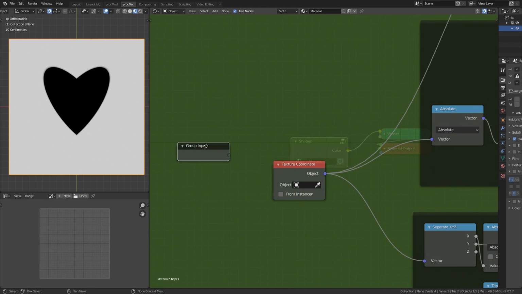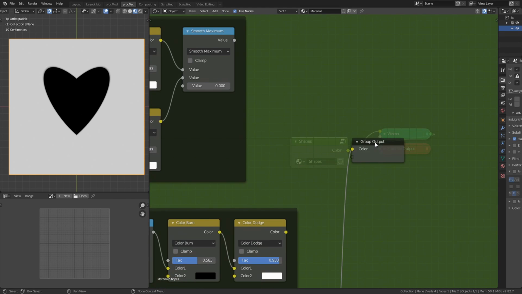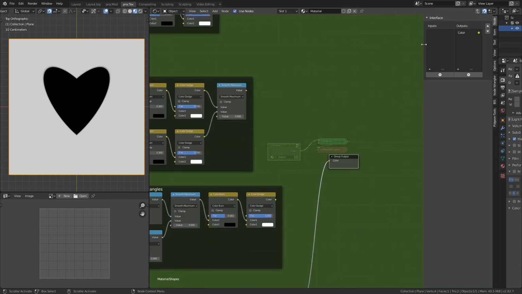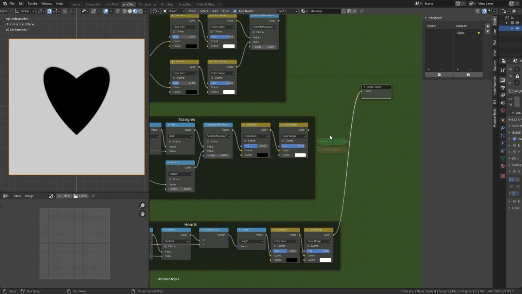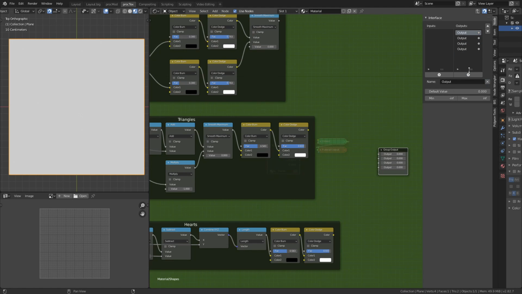We have a group input node and we have a group output node. Output is called color. We are going to want to have our 4 outputs as circle, square, triangle and hearts. Because we are only outputting black and white information from each of these, I'm going to set these to single streams of information. I'm going to add 4 outputs and I'm going to delete the color one that was automatically